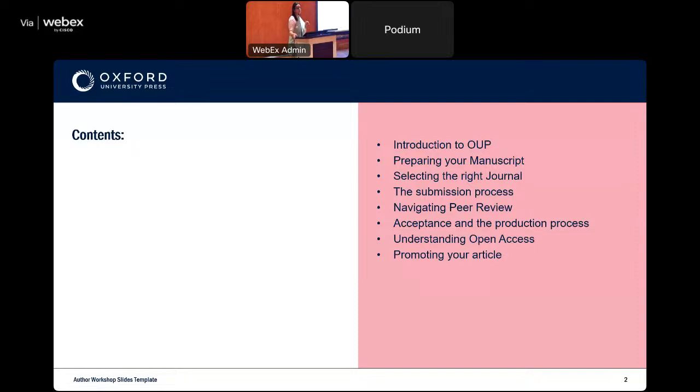We'll just touch upon the submission process. We'll do navigating peer review, how the peer review process works, what it is, why it's important, acceptance. Once your research has been accepted, how does it proceed? What does the production team do? We'll talk about open access and then how you can promote your article.